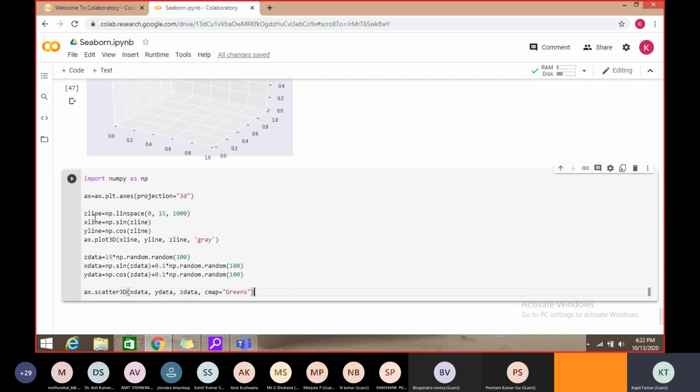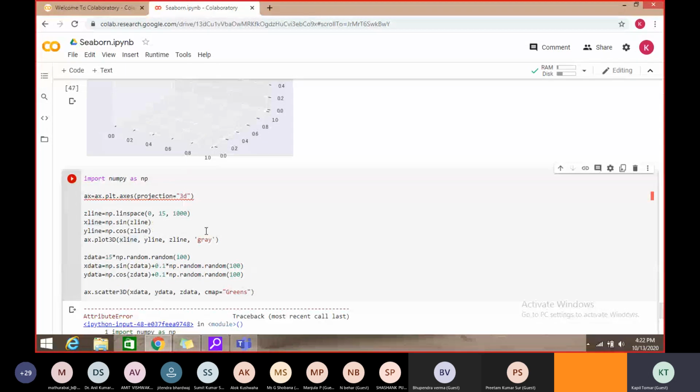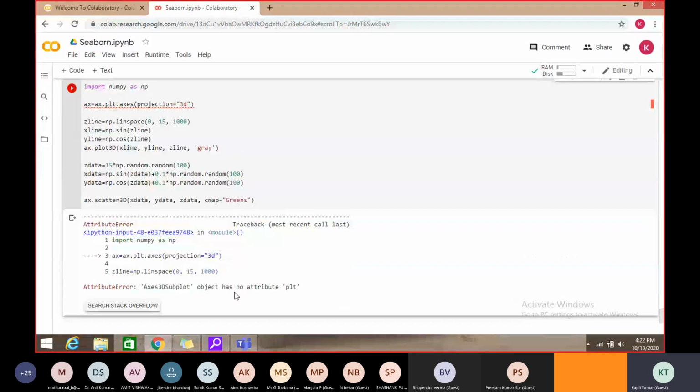it is done. Ax plot axis projection is 3D, then z line is something linspace. See, we will not mention this, even we can draw, because these are the values z, x, which will be printed over these lines. Okay, right, error. Projection is equal to this 15.